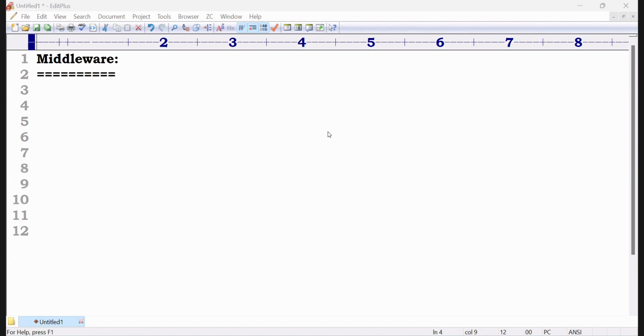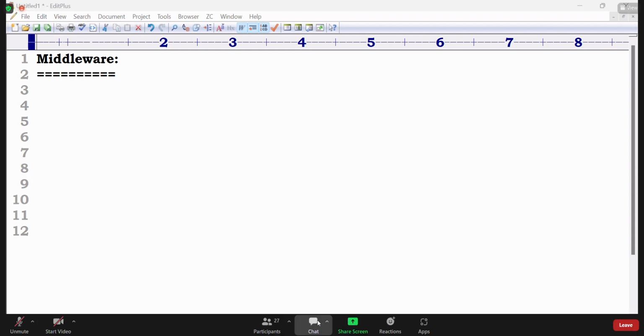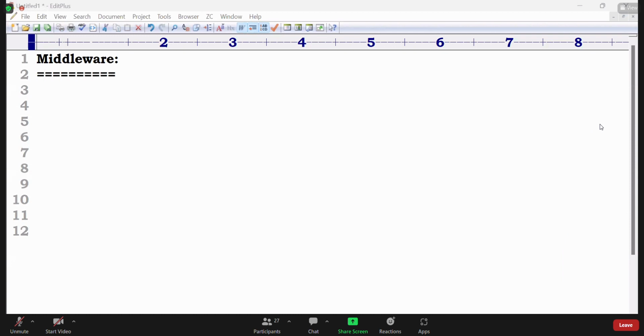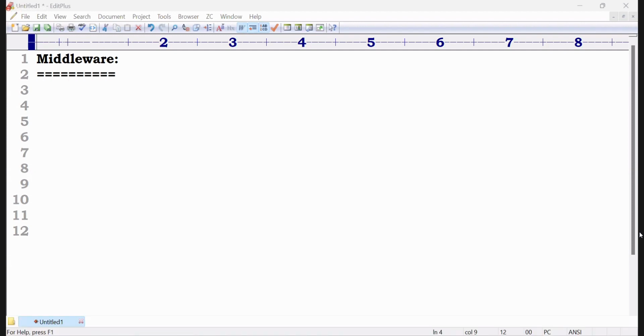But between me and this view, there is some concept. That concept is nothing but the middleware concept. First, my request will go to the middleware. If any pre-processing is needed, it will do it and send the request to the views. The response I receive from the views, I do post-processing on it and send it to the end user. That is the only process.